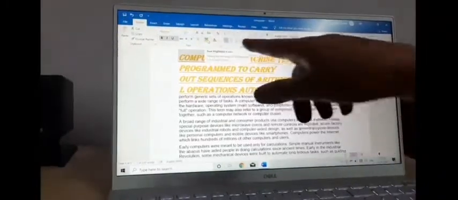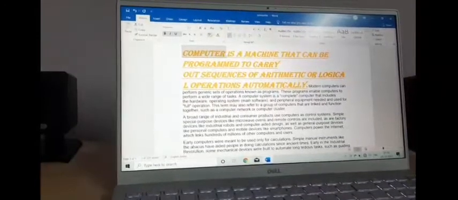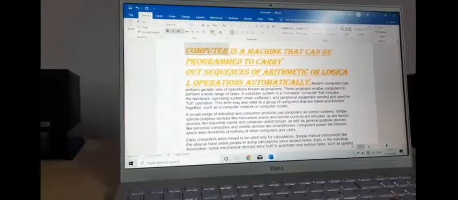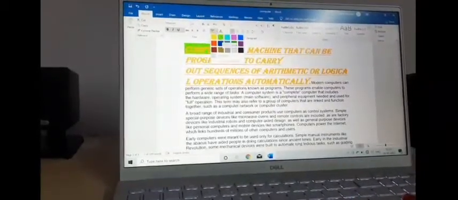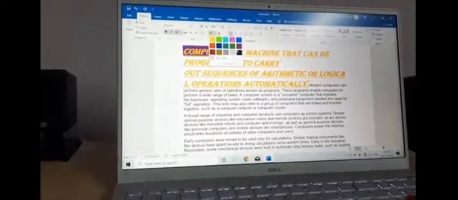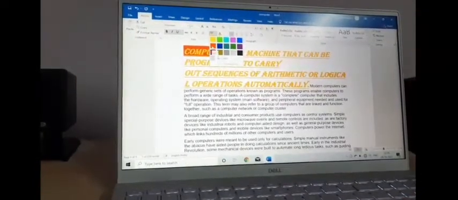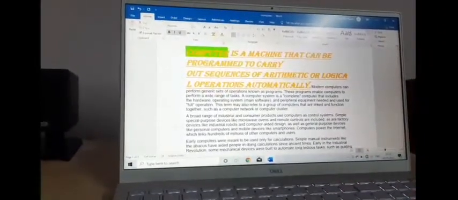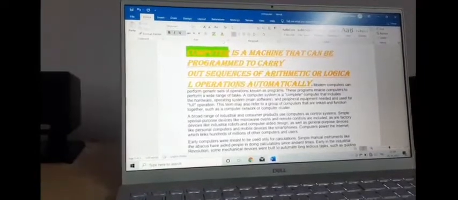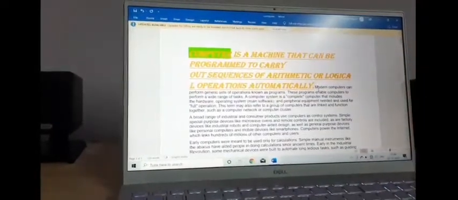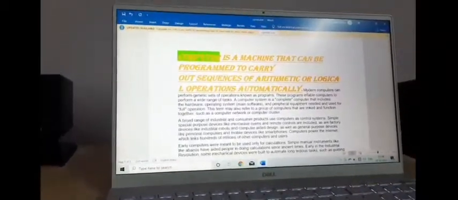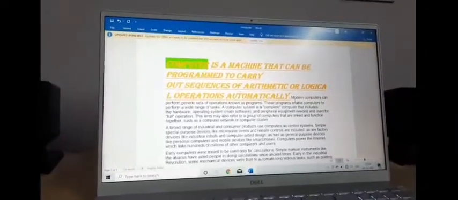It is next to your previous one, the font color. See, I'm keeping my mouse pointer over it. It is showing text highlight color. So click on this arrow and click on the highlighter according to your wish. Which highlighter you want. There are so many colors. Okay, so let's take the highlighter you usually use. So let's take green. So when I deselect it, it will appear like this only. That means it is highlighted. Okay, so this is highlighted.